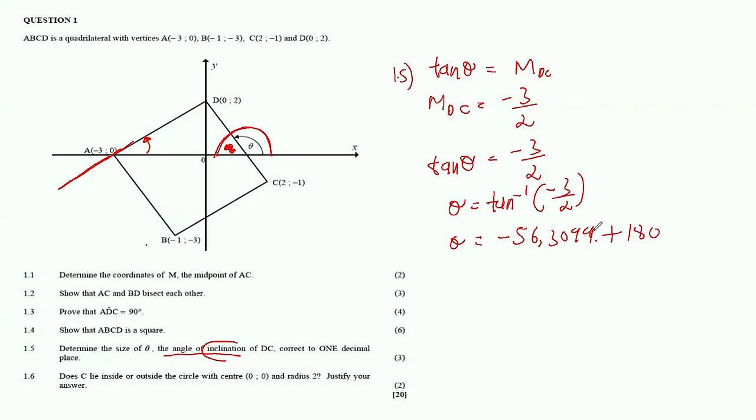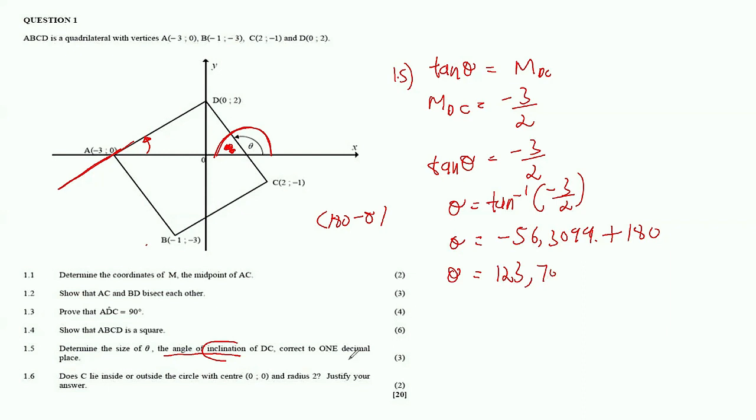minus 56.3099, which is 180 minus theta, right? And then your theta, remember you kept this answer from your calculator and then immediately you just press plus 180. So your calculator is saying answer, then plus 180. Then you find your theta as